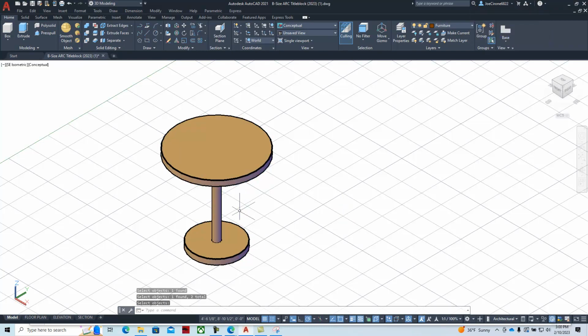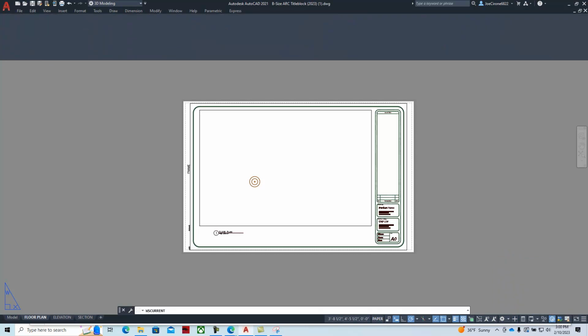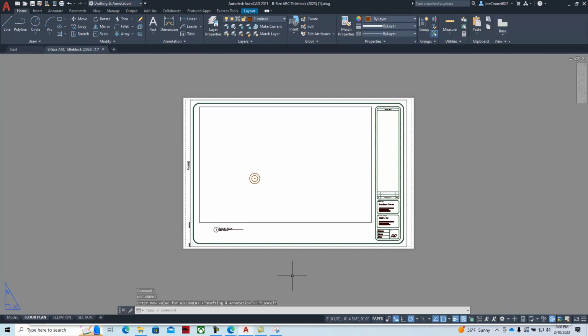Alrighty. The next thing that we'll do is we'll bring that into the floor plan layout. And so here we are in the floor plan layout, and this is our viewport. And what we can do is create a new viewport. So I'm going to go back to 2D model space, drafting an annotation. And I'm going to create the